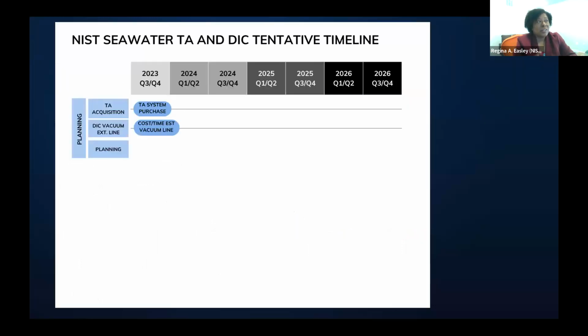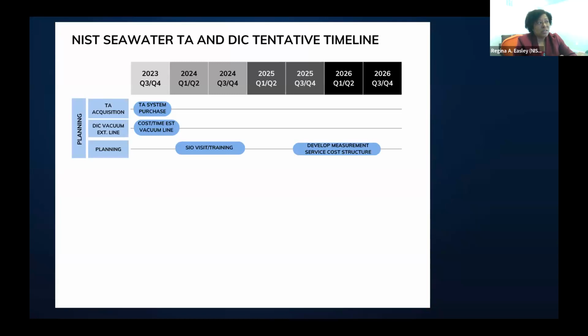So in terms of our timeline, this is a tentative timeline that takes us from the second half of this year all the way through 2026. Right now, what we are working on is purchasing the total alkalinity system. And we are also working with Joe to estimate the cost and the time that is required to construct the vacuum extraction line. In terms of additional planning, what we know is that sometime next year, likely, we will